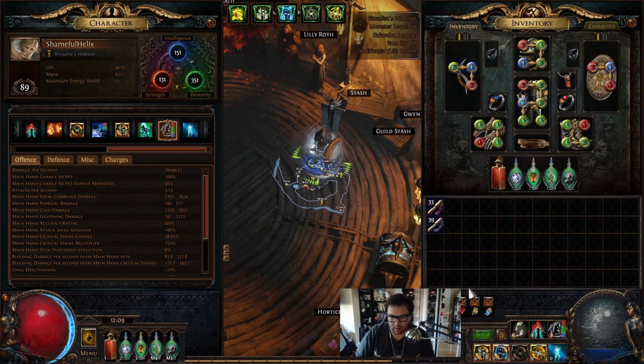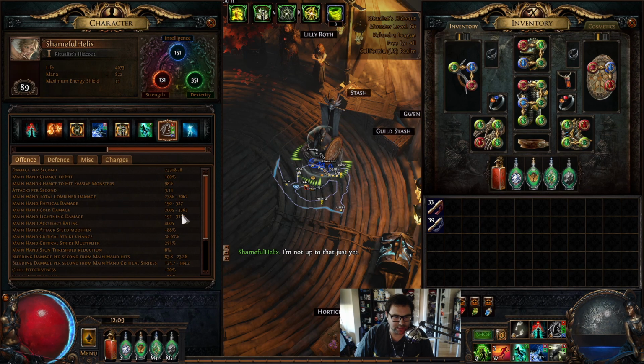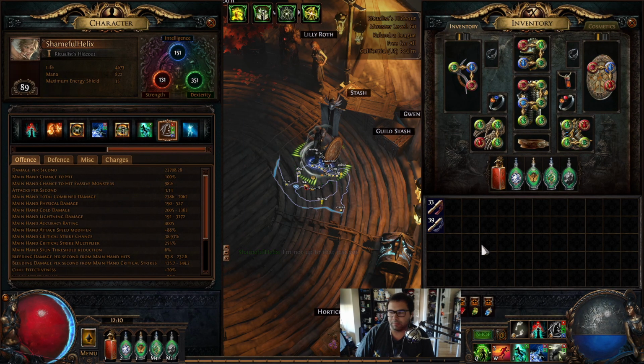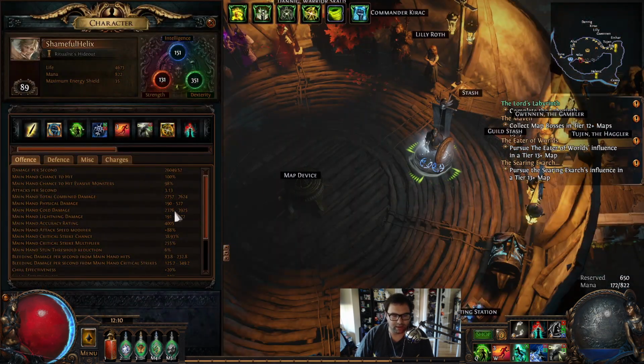Now, if I take off Herald of Ice, you can see that number gets a lot lower, and you can see that lightning damage is probably going to be more likely. So I'd proc resonance almost guaranteed, maybe not guaranteed, but way more often. But Herald of Ice is too juicy for me, so I keep on Herald of Ice, and I proc it